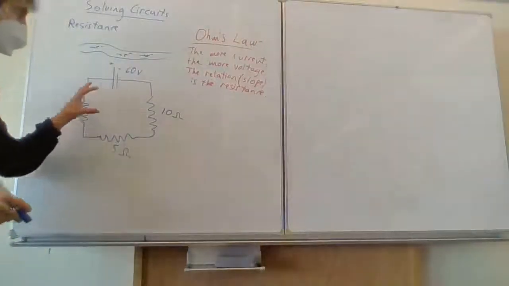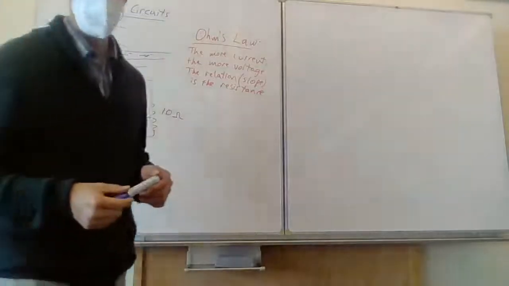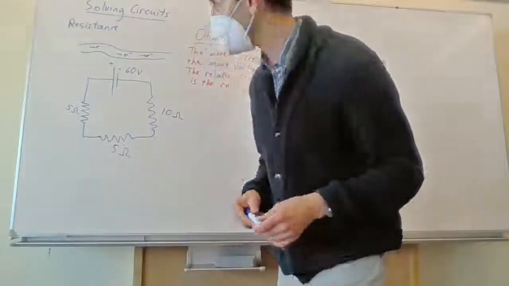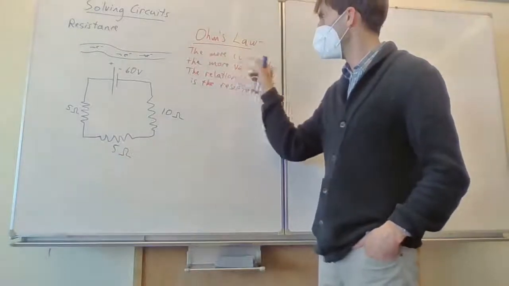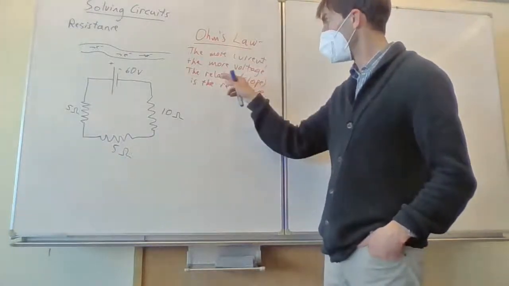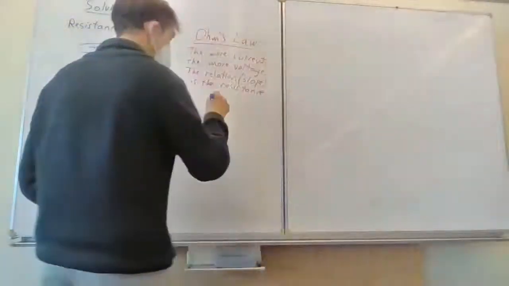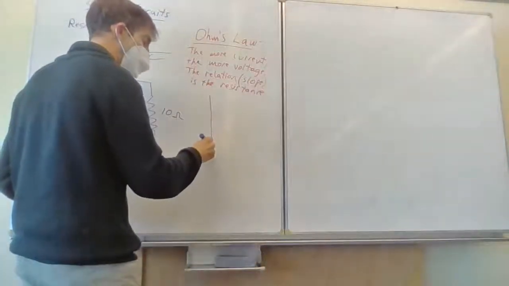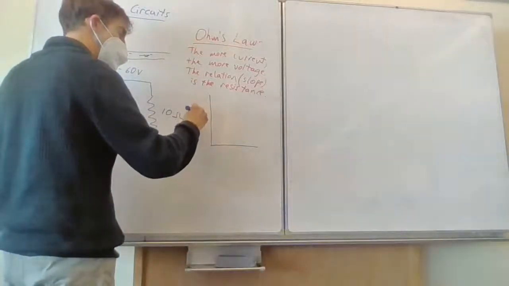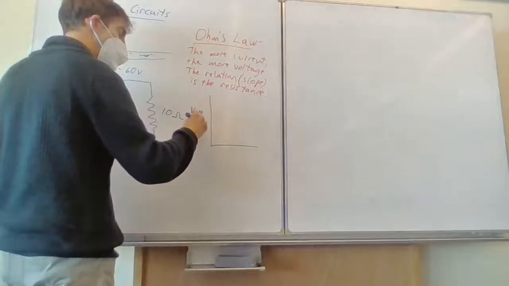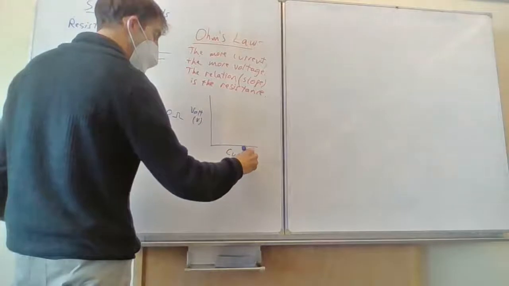We will come back and finish this, but I realize that we don't have the tool yet because we didn't review it. Okay, so Ohm's law for folks at home, if you can't read that very well: the more current, the more voltage. The relation, slope, is the resistance. Here's what I mean by that. Like we did last year, I think Ethan and Devontae both did this with me last year. I got voltage over here in volts, I got current in amps,